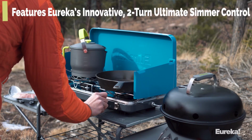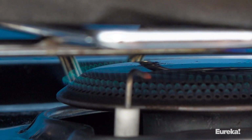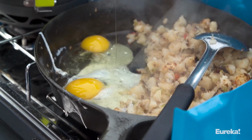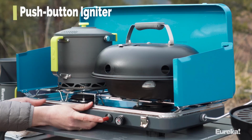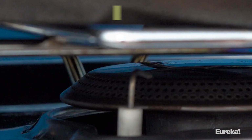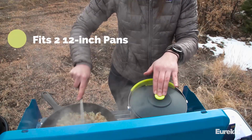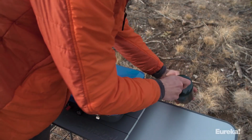for better meals. It features two 10,000 BTU burners and accommodates two 12-inch pots for cooking up to 90 minutes with propane fuel. Cleaning is super easy with a stainless steel drip tray that's both rust-free and easy to remove and sanitize. Getting started is simple with the push-button igniter, and keeping your flame going is easy with the fold-out